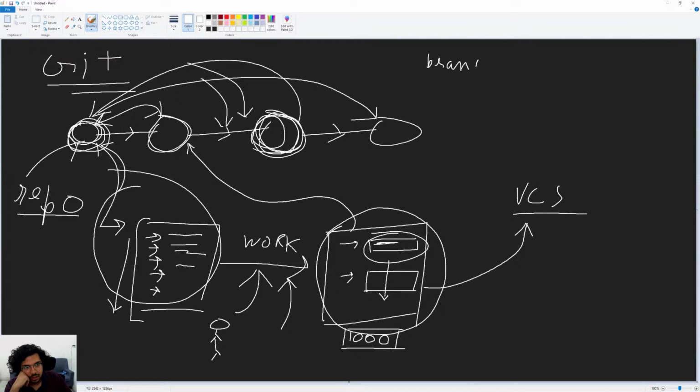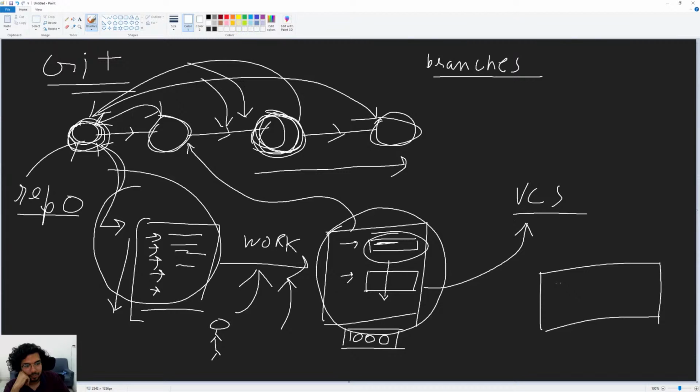What we've talked about so far is a linear flow. But since there are many different people, there may be a time when I want to work on some feature. Let's say we are building a game. In the game there is the world map, and there is the player.